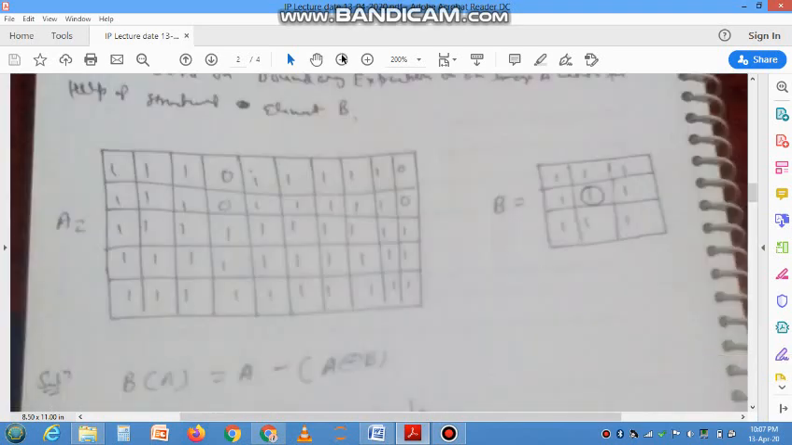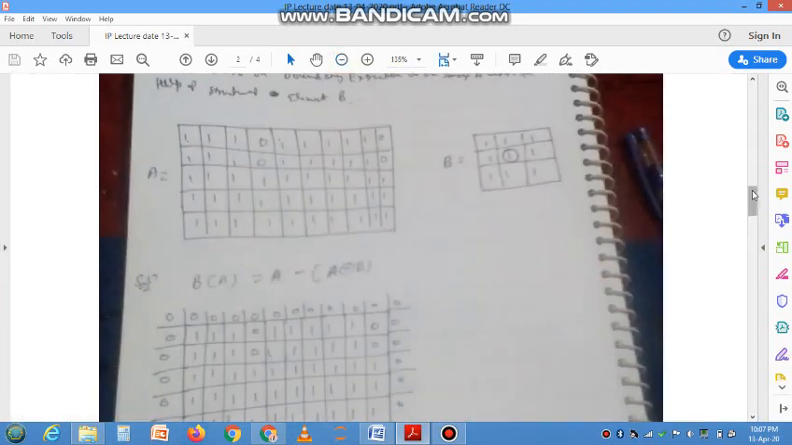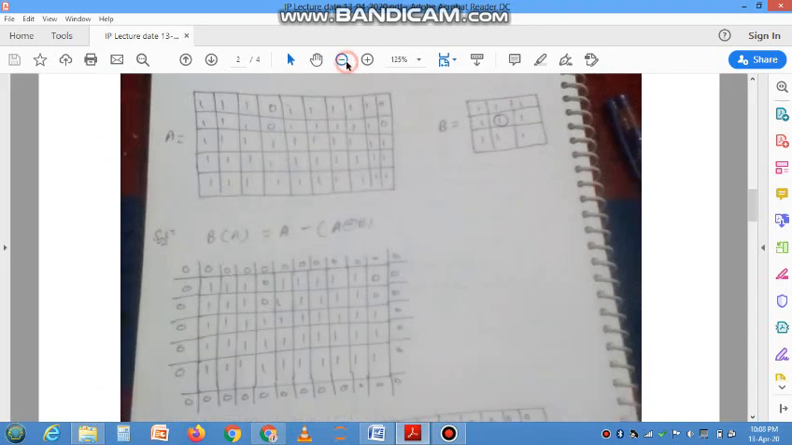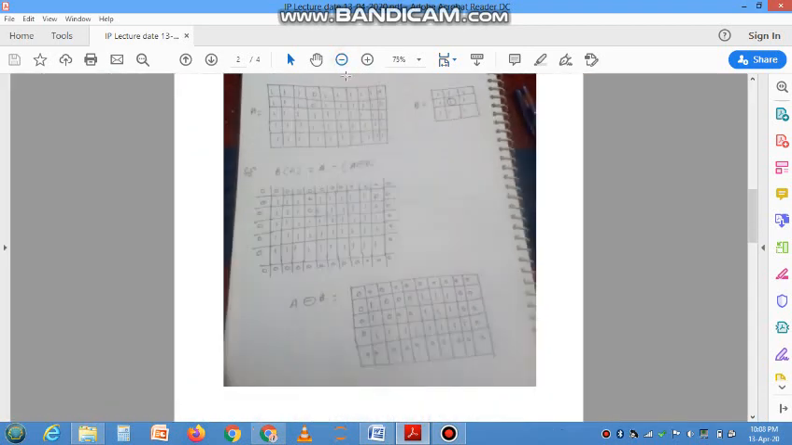How should this subtraction be performed? Look at this carefully. Now the first element of the first row in the given image is 1, and the first element of A erosion of B is 0. So remember this thing. I am repeating again: if the element in the given image A and the corresponding element in the A erosion B is